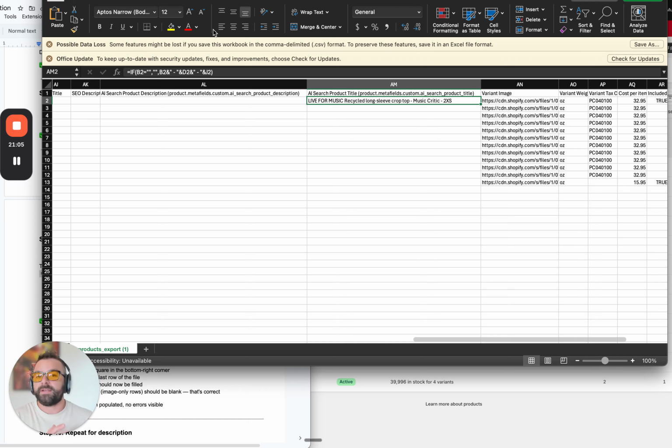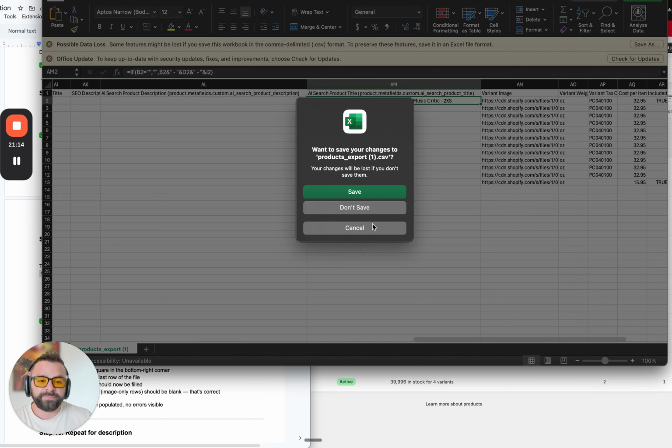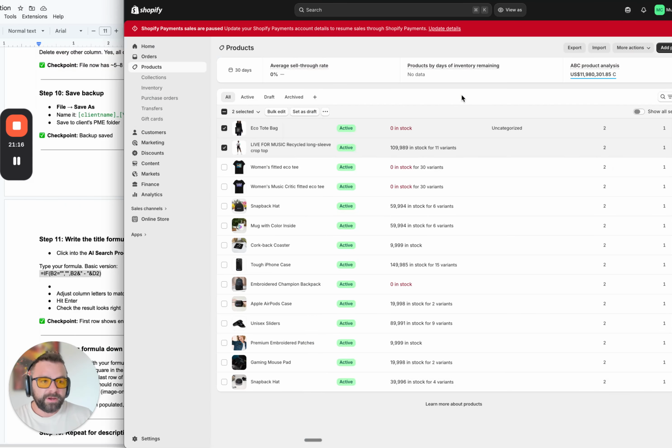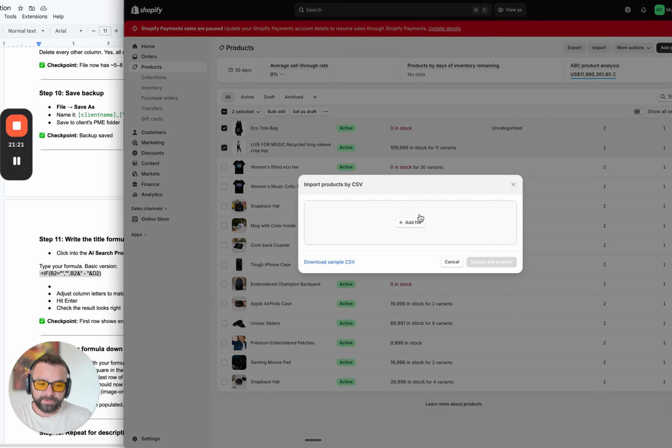Obviously make sure you save it as not the backup file. We want that independently. We want to then duplicate that, open that, and then edit it inside of here. Cool. Okay, great. So from there, we'd go back, we'd hit import. We basically upload the file, go through the steps. And because we're